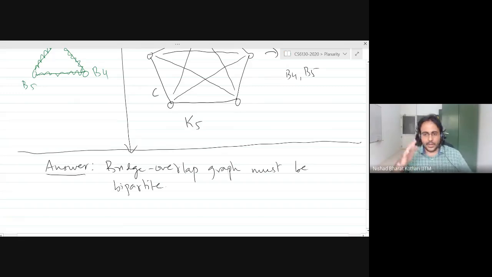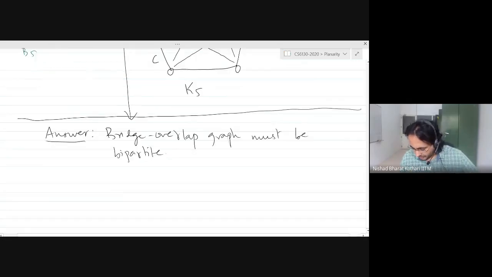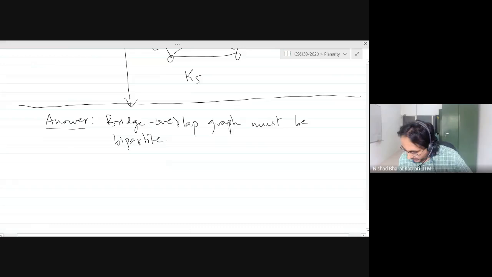See, what's happening is whenever 2 bridges overlap, one goes inside and another one goes outside, right? Which means you should be able to split all the bridges into 2 parts so that whenever they overlap, they belong to different parts, right? And using this, you can construct another graph from your graph. This is going to be called the bridge overlap graph. Let's see how we do this.